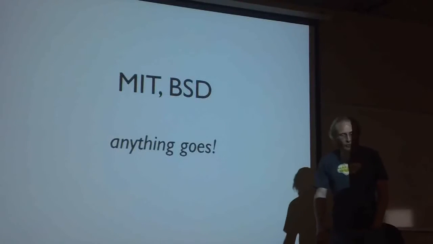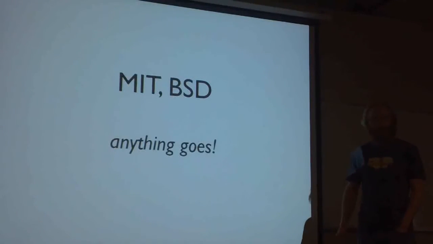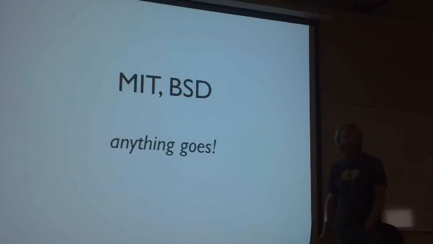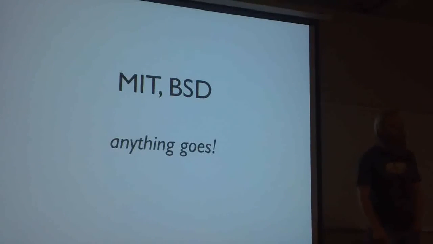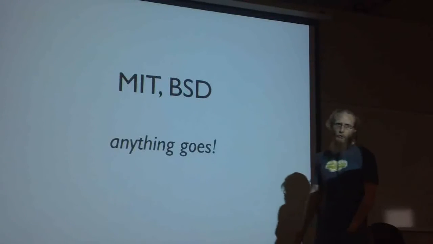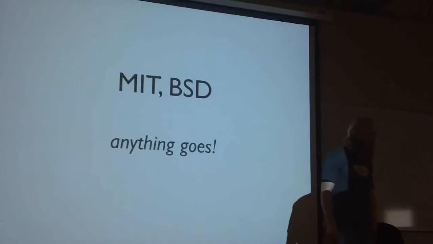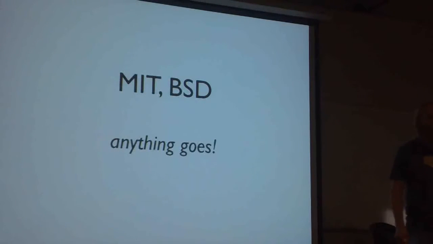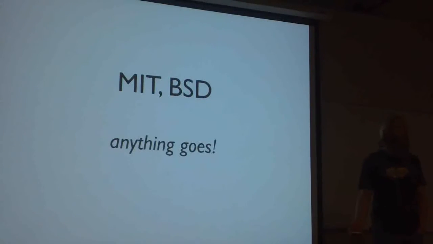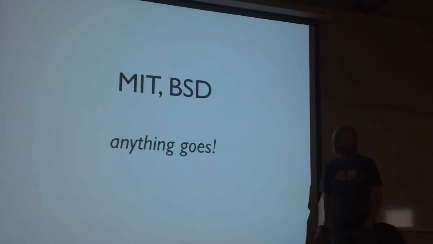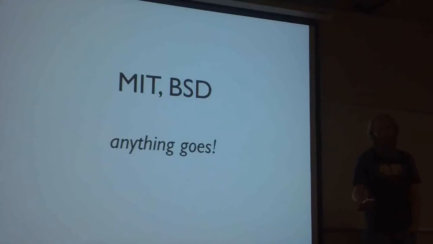Two of my personal favorites, because the licenses are short, easy to read, and easy to understand, are these academic licenses, the MIT and the BSD. The gist of these is you can take these and do whatever you want. You can use them in your open source project, you can use them in your closed source project, you can modify them, you can redistribute, you can do whatever you want. You just get no warranty, right? It may break, you may break it, oh well. It's all on you how you use the code.